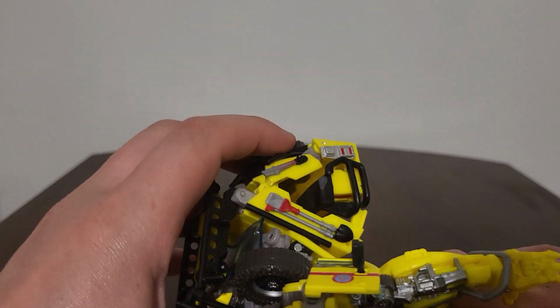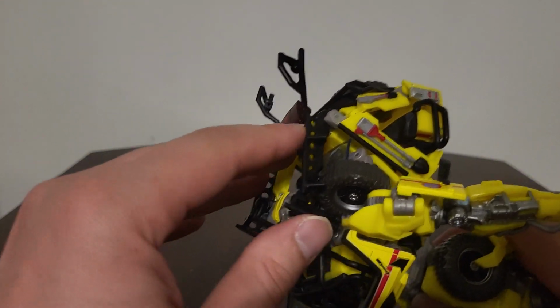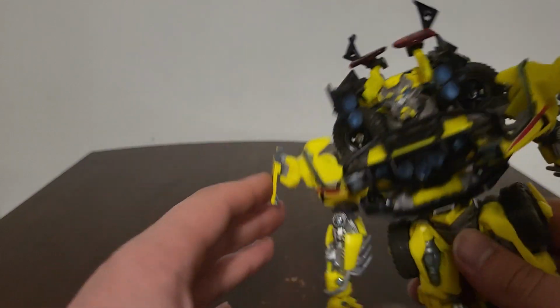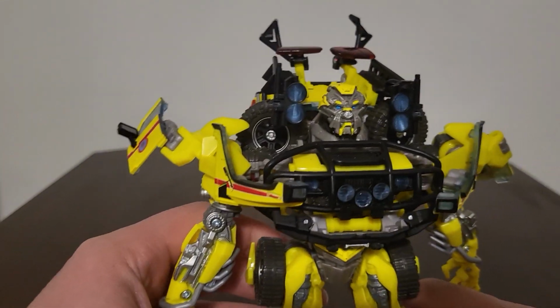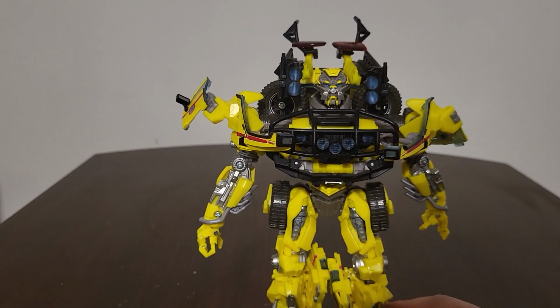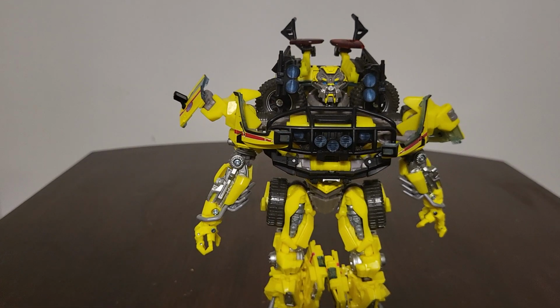I'm a bit disappointed they did not focus on the backpack possibly forming over his head, to where his head is in the back or something. I'm not 100% certain. But yeah, really great on Ratchet right there. Loving him. He's definitely one of my favorites. But right now,